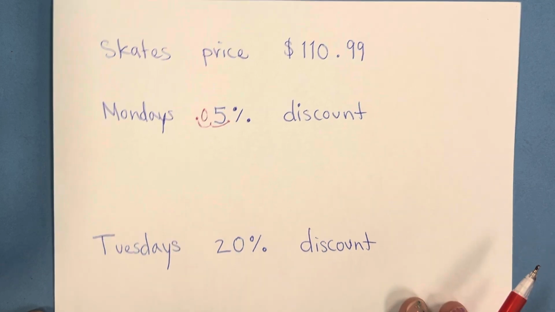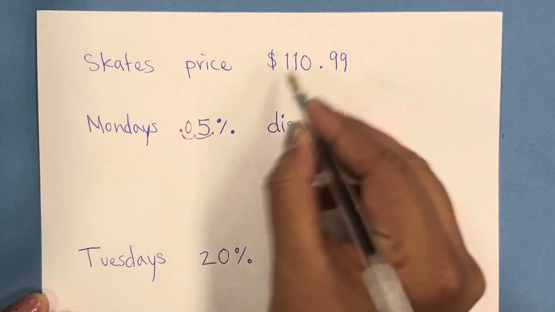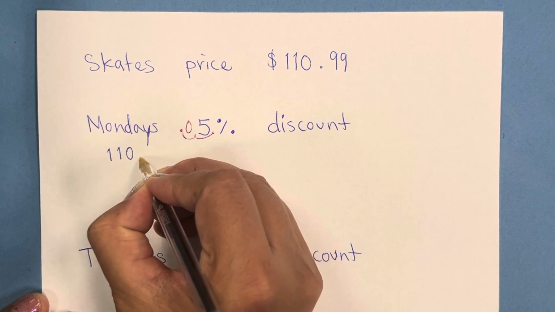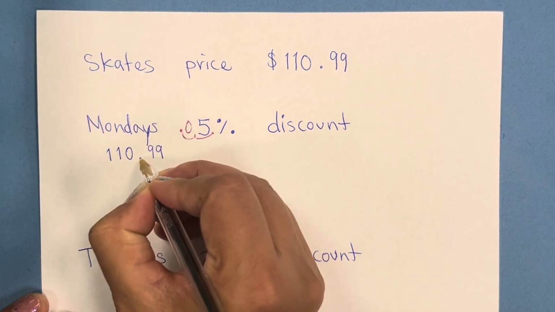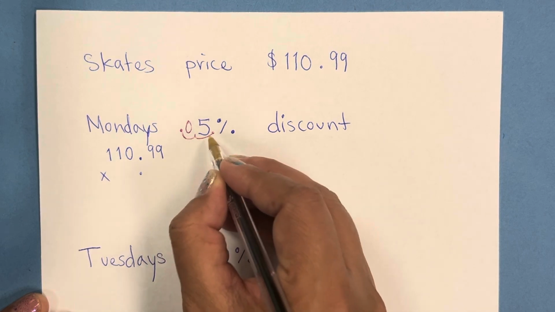On Tuesday, you get 20% discount. On weekends, you get 13% discount. So I'm going to multiply the total price, which is $110.99 times 0.05,